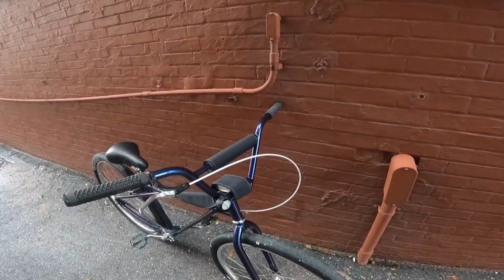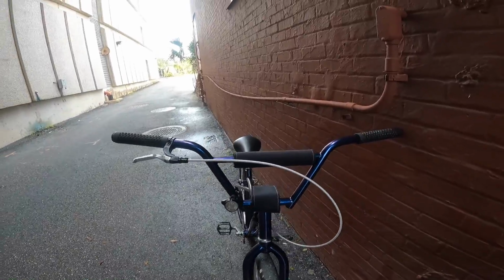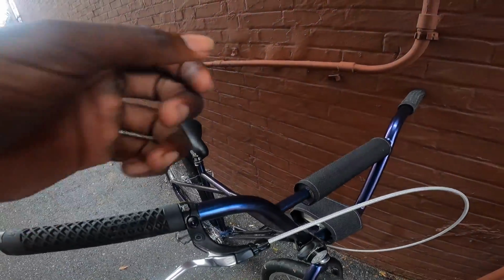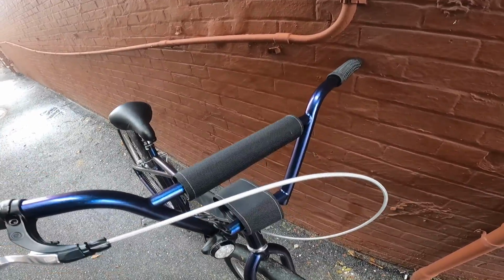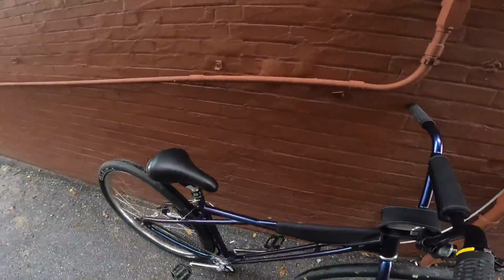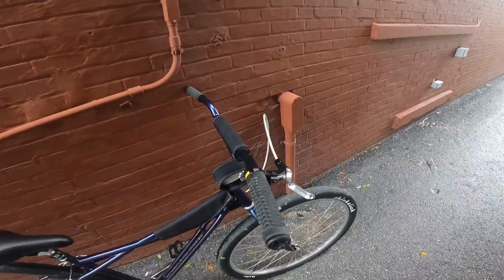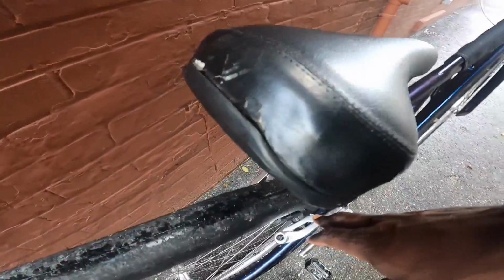All right, so the bars, obviously we have the Broke Boys 4-piece bars. I got these bars from Jacob Santos out in California. I got the bars powder coated, as well as the frame and the forks. Those are the only things that are powder coated. The brakes that I'm running, this is a Promax brake lever, and these are the Box Components